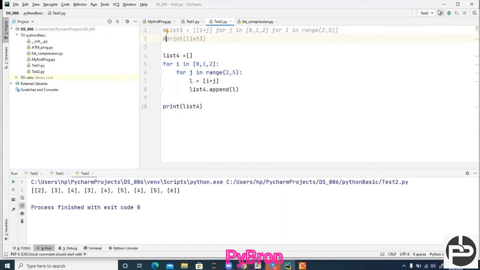Correct? Can you see this? We are getting the same output that we got with the list comprehension, and we did the same thing with the inner and outer for loop also. If you do it with the inner and outer for loop, you have to write around 6 or 7 lines of code, but with the list comprehension we can achieve the same thing with a single line of code. So hope you got the beauty of the code structure, right?